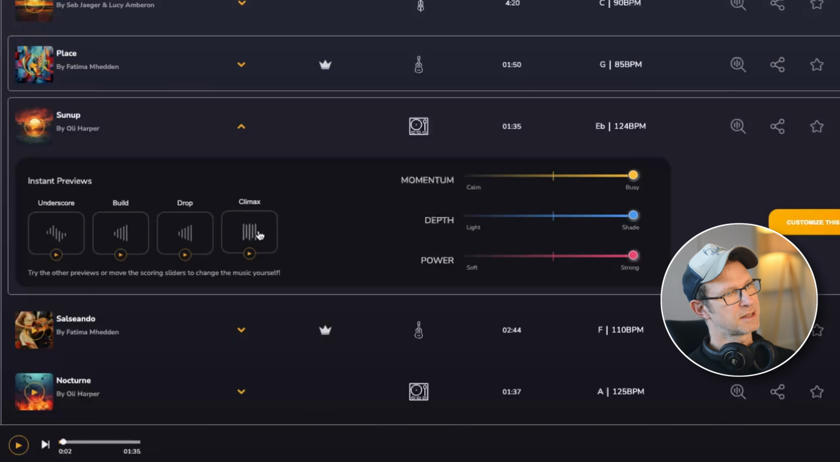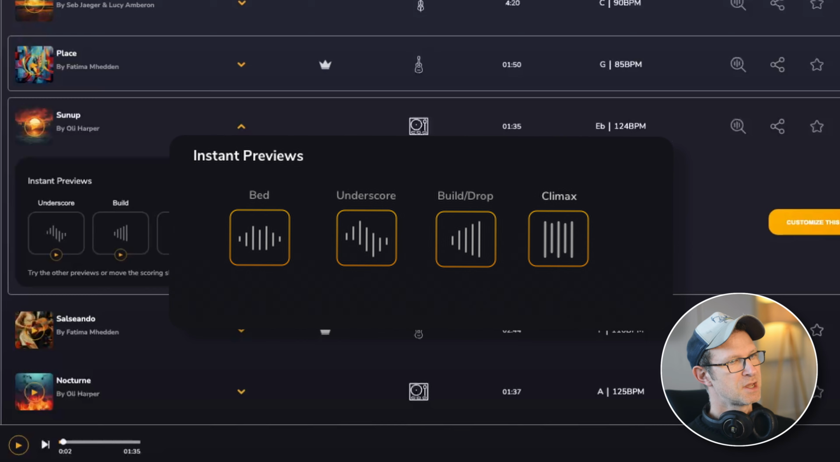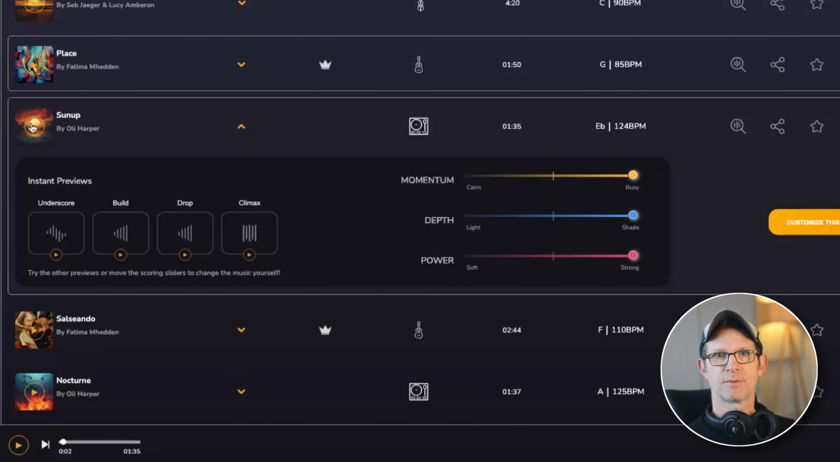We've had this in our back pocket for a little while and we've finally released it, and it is basically dynamic previews, or instant previews you can call them. So this is where it just speeds up your search even more, because if you compare this to a standard library where you've got a static track, let's say we play this thing here,